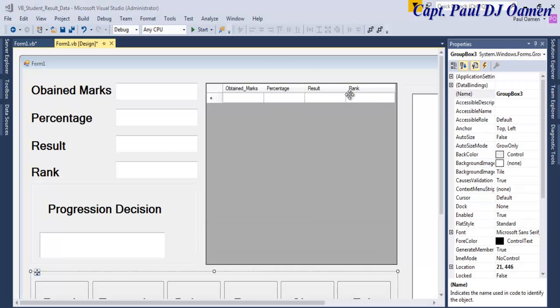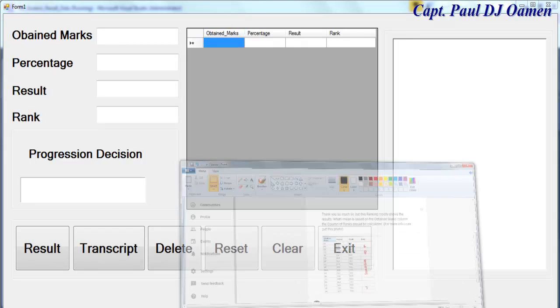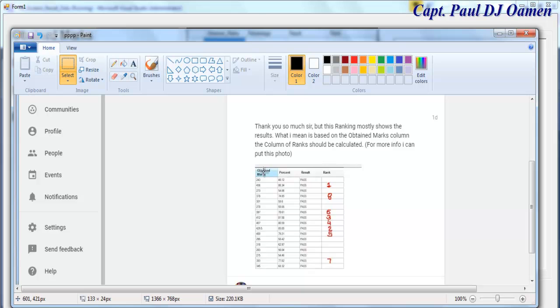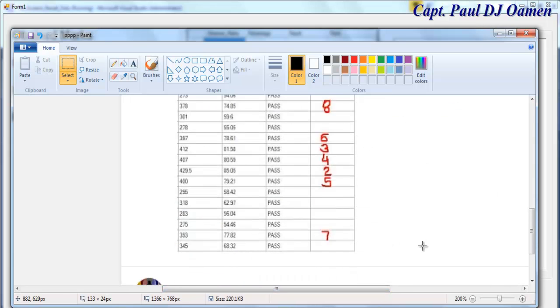Okay guys, this is how the interface looks now. So let me run it so that you see what I'm talking about. And there we go guys, this is how it looks. Although he only wants just the columns, I believe, which is right here. I believe this is what he wants. So, but just to make it look much better,